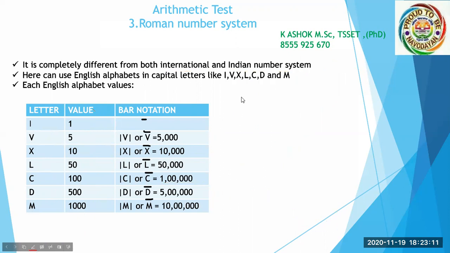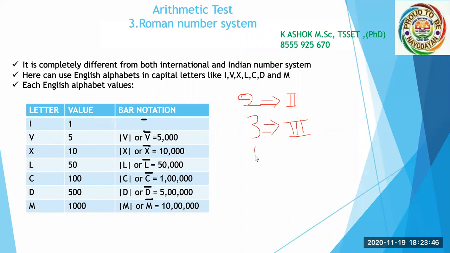Now, in the international number system, 2. Can you convert it into a Roman number? How can you write 2? You have to put I, one I, and you have to put another I. So double I, this is the 2. Now how can you write 3? It's very important. How many lines do you take here? 1, 2, 3. Okay, so this is the way we can write. Very good. So 3 I's we are writing.